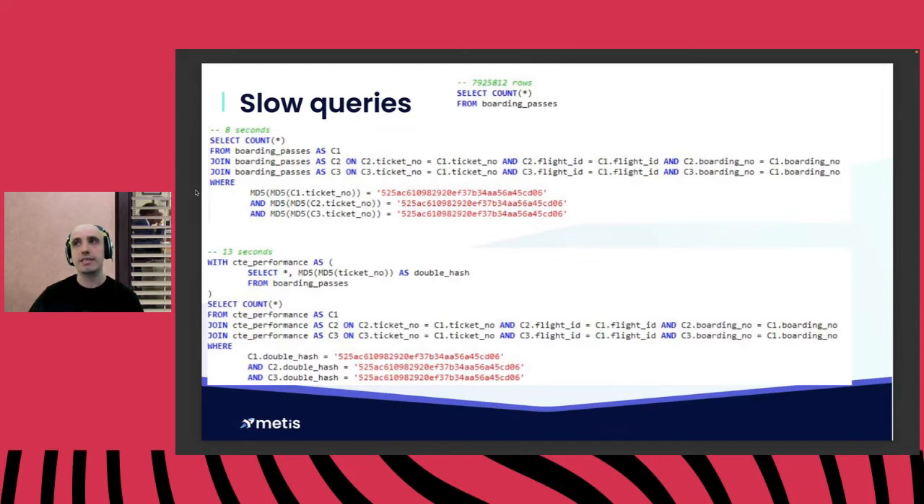Yet another thing is that developers may be tempted to rewrite the code to make it more readable. So let's say that we have a query that tries to extract things from boarding passes, and we have something like 8 million rows, and we basically want to get the ticket number and calculate a double hash of this ticket number, right? So we calculate MD5 twice. And you may say, okay, we build this query, we join the table 3 times, and then we need to repeat or duplicate the code to calculate this double hash 3 times,